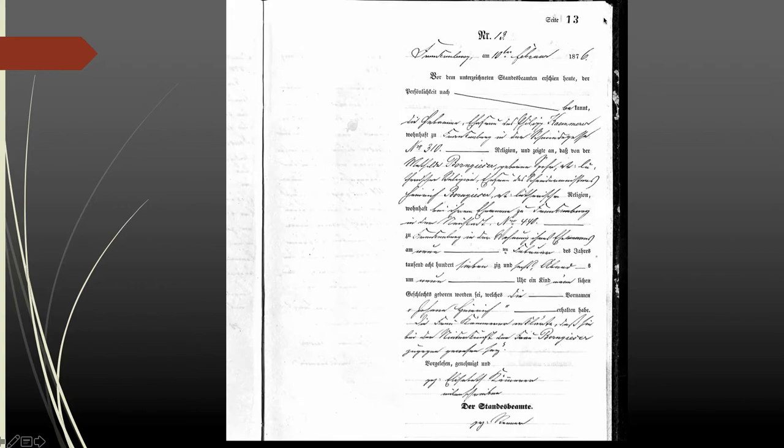Up here in the corner will usually be a letter, A, B, or C. For the birth records, that letter will be A. For the marriage records, it will be B, and for the death records, it will be C. Every once in a while, however, like this form, you won't get a letter, and you'll get a page number instead. And that's what this says, Seite 13, page 13. But nine times out of 10, you'll have that letter in the corner. So let's go ahead and look at the different parts of the form,